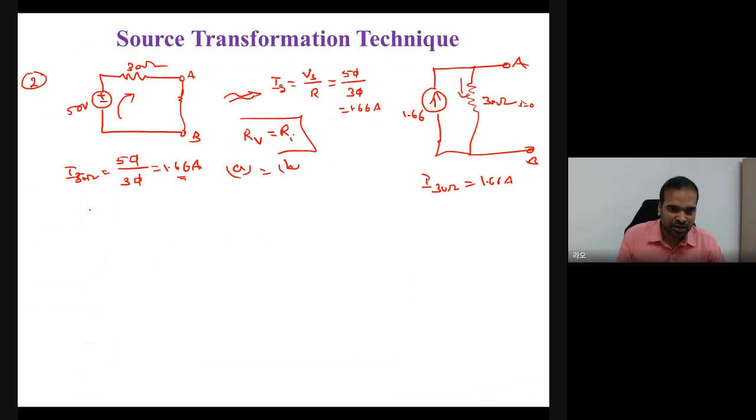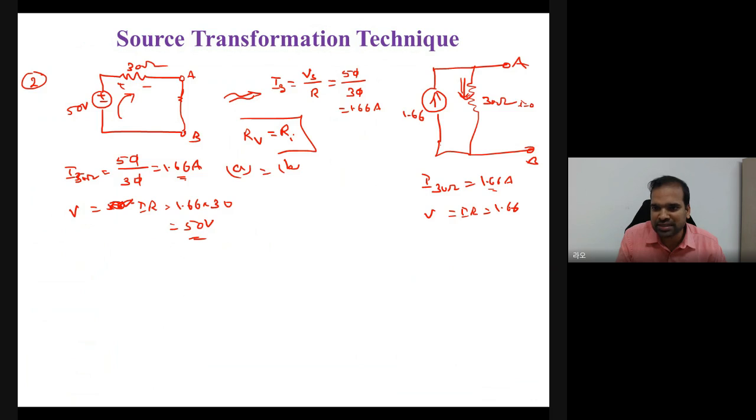Yes or no? Yes. Now if you want to find the voltage, see, this is connected in series. Voltage is the same. Suppose here 50 volt. Now what would be the voltage at the 30 ohm resistor? See here, don't get confused. Voltage at the 30 ohm resistor means V equal to IR. What is the I? 1.66, and R means 30. So of course you will get that 50 volt. Now what would be the voltage at this 30 ohm resistor? So V equal to IR. You already calculated I equal to 1.66 and resistor equal to 30. Therefore you get 50 volts.